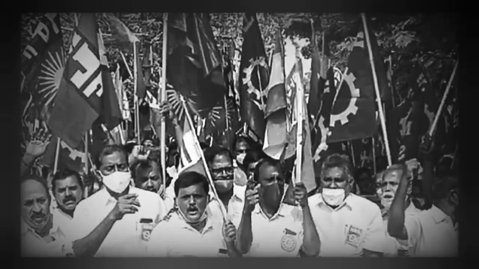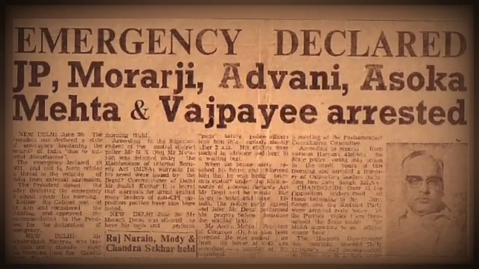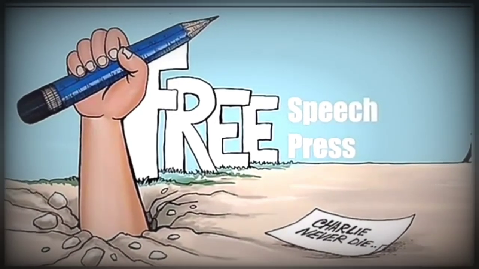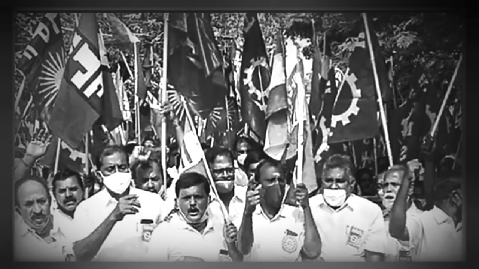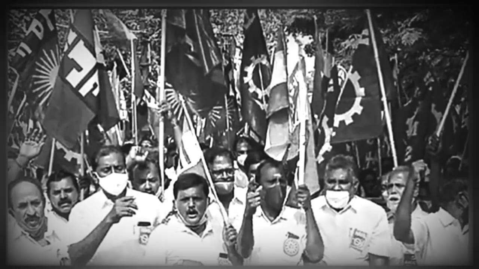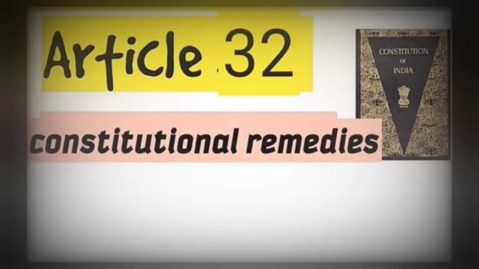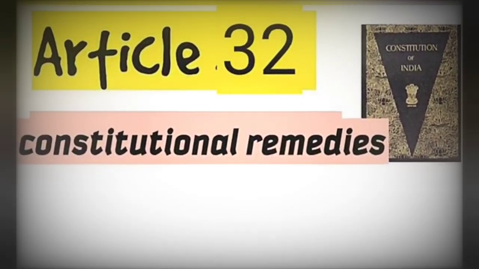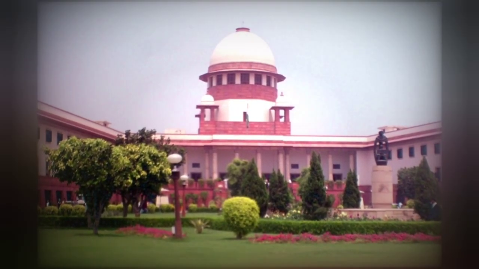During emergency, strikes were banned. Opposition leaders were put in jail. The government suspended freedom of the press and fundamental rights of the people. The government made use of preventive detention to arrest any suspected person whom they thought would commit violence. Even the right to constitutional remedies under Article 32, which allows people to move to court to restore fundamental rights, was